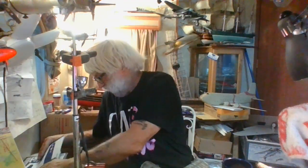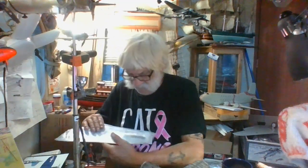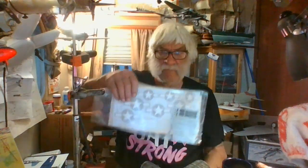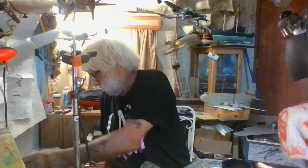Anyway, they give you a nice color layout. Decals are excellent. A lot of stencils and stuff. I don't think I showed you guys the decals before the kit. They give you the late 1943 to 1944 National Star and Bar. So anyway,